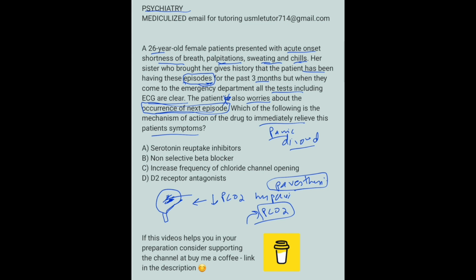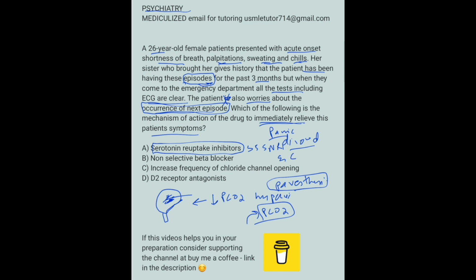So let's see which drug is going to be used here to immediately relieve this patient's symptoms. Remember, now there are active symptoms, so you need to give benzodiazepine. So let's see which of the following would be the mechanism for benzodiazepine. First, they said serotonin reuptake inhibitors. Remember, SSRIs and SNRIs, right? And